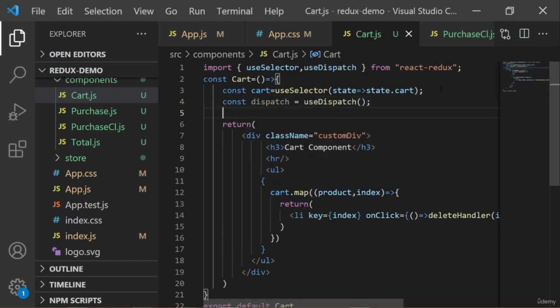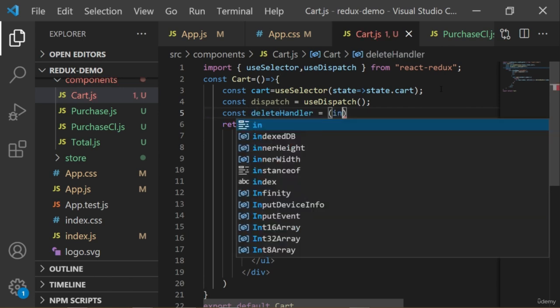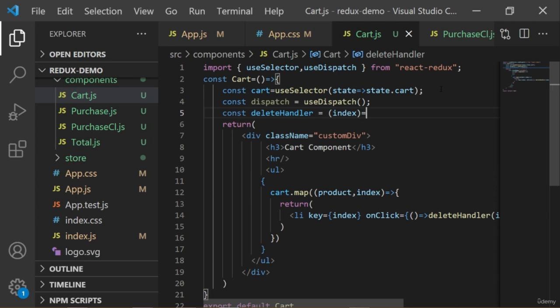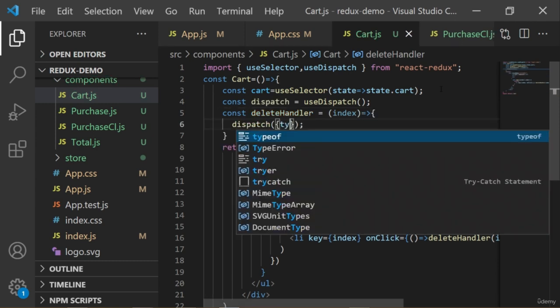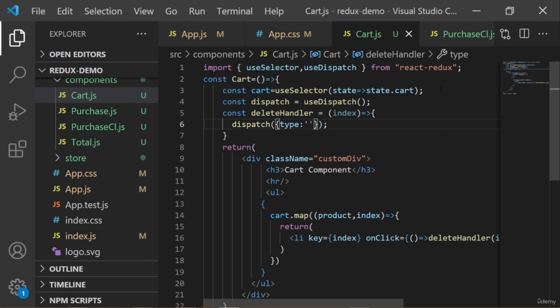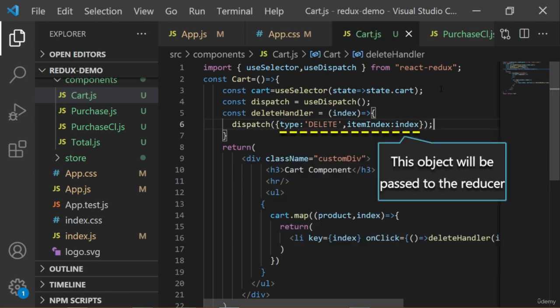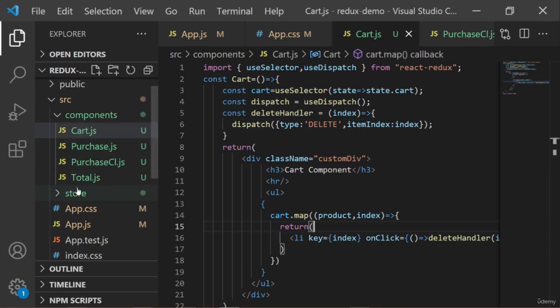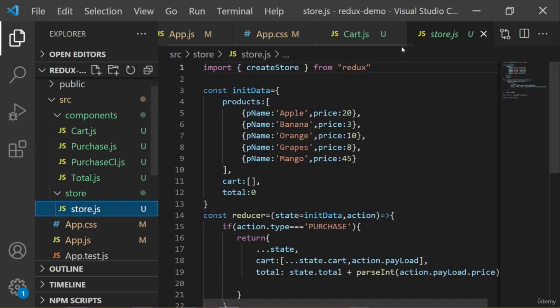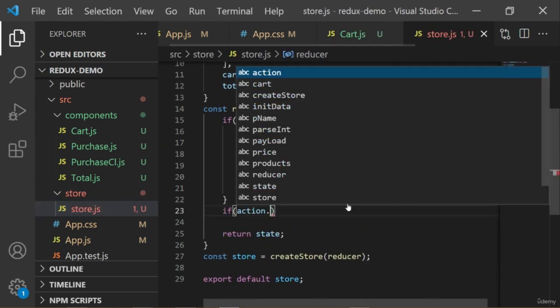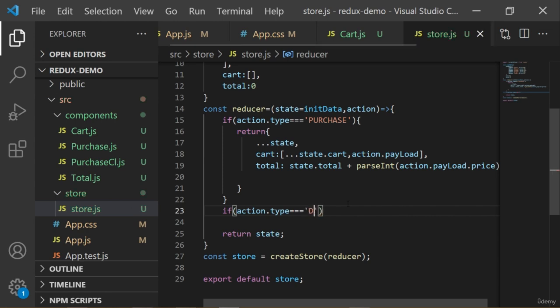Now we will create the delete handler. So here I'm going to say const delete handler, the index, and I want to dispatch. So here I'm going to say dispatch type. I'll pass the action type delete, and here in place of payload, I'll just say item index, where I'm going to pass the index. So this object will be passed to the reducer, and we will write some code in the reducer to remove the cart items. So let's go to the store.js, and I will add a condition here saying if action.type is equal to delete,